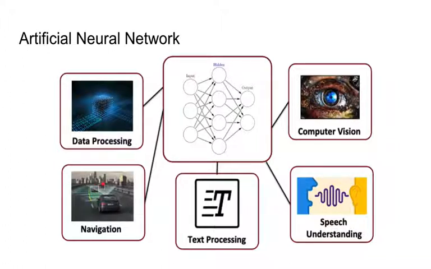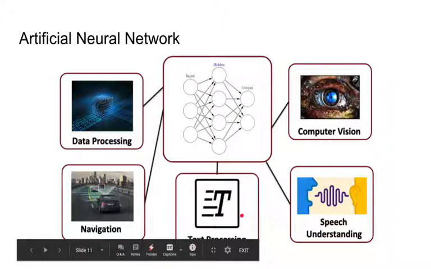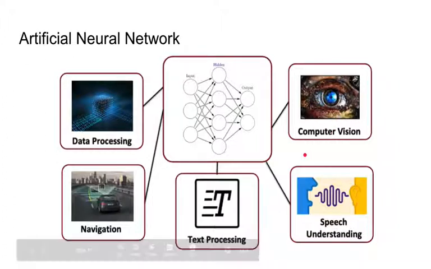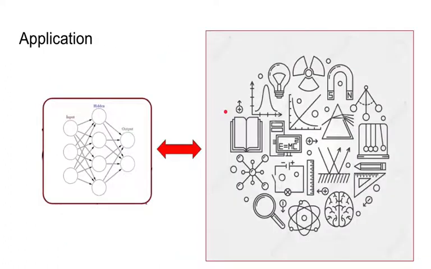Cell phones already include machine learning to help with text processing and speech understanding. We also use AI to help us identify objects in computer vision. In this course, we will discuss how AI can be applied to physics, and how physics discovery has been assisted by AI algorithms. Jennifer will use the next few slides to introduce a couple of famous examples of physics discovery that happened because of AI applications.